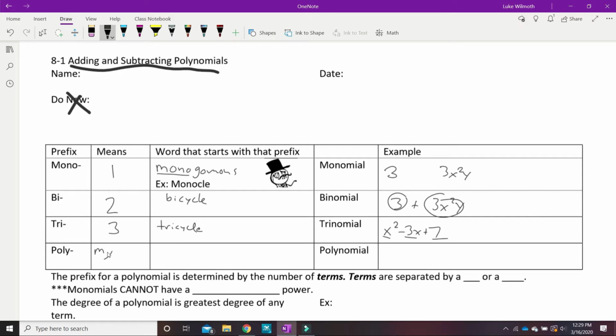Poly is our last one. It just means many. We could think of a polymer. It's like a plastic, but it's a complicated plastic. Polynomial just means it has many terms. So this term is a polynomial, this term is a polynomial, just because it has more than one term. It could be like x plus 7, or it could be x to the 100th plus x to the 99th plus x to the 98th